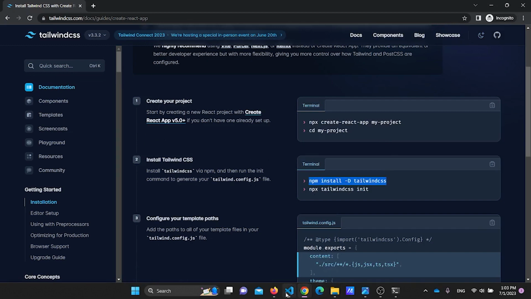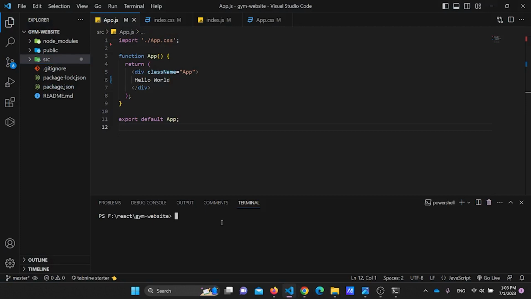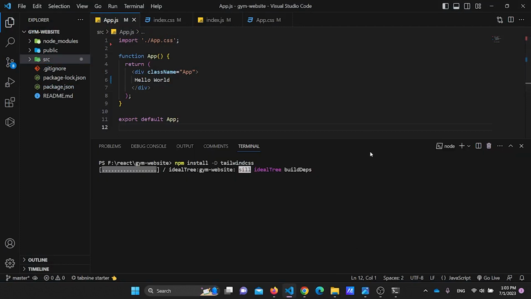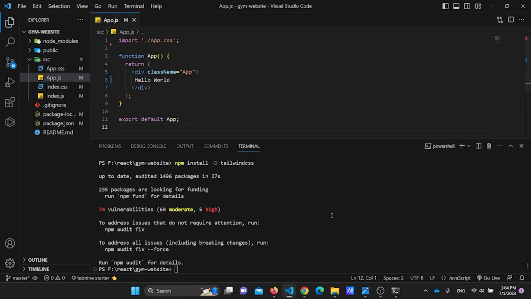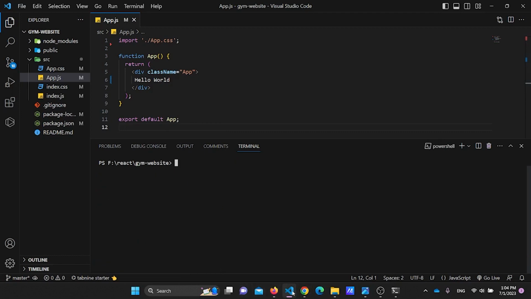And go to the React app, open the terminal, paste here and press enter. Wait until it installs. Great. Tailwind CSS is now installed, but we need to configure it before we can start using its amazing utility